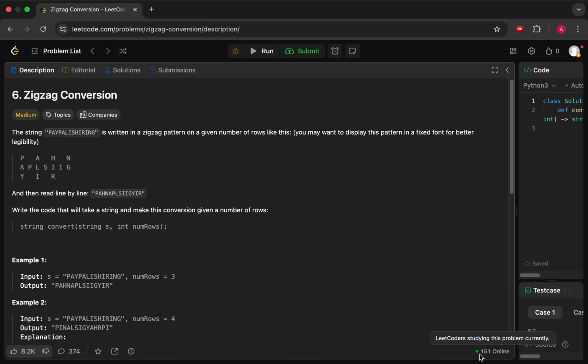LeetCode problem number 6, ZigZag Conversion, Java solution. So basically you are given a string like this, PayPalIsHiring, I think. I think it must have first been asked at a company like PayPal. So this is the example,